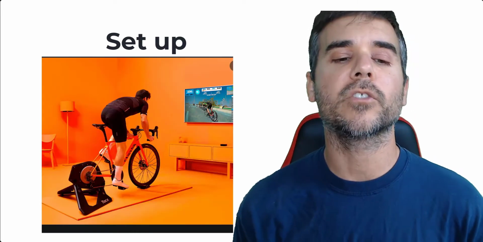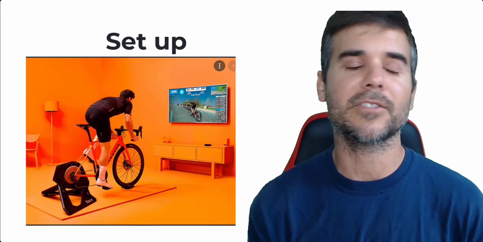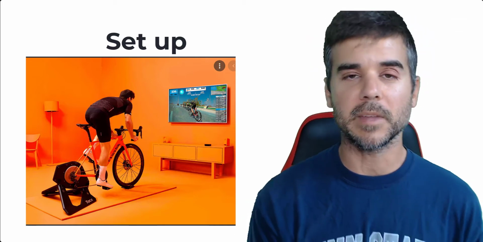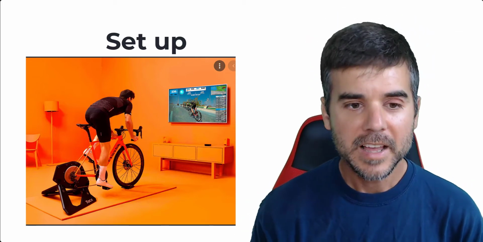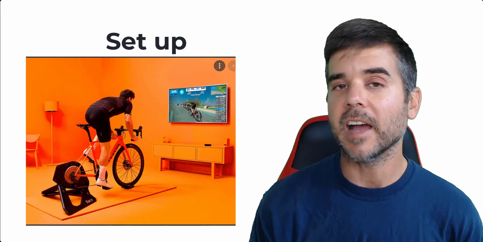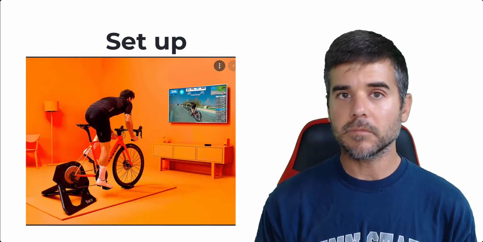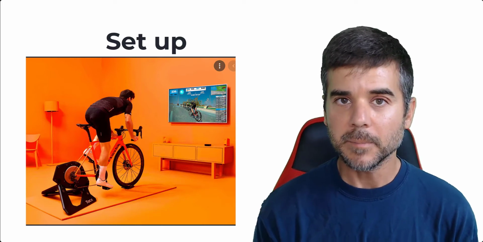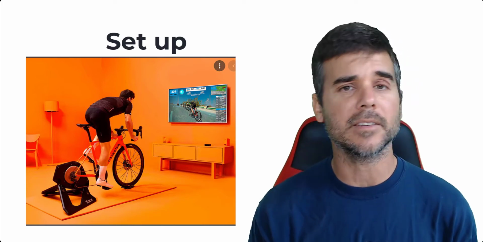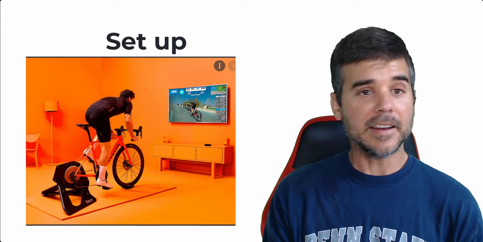Obviously, you can get more expensive. This is from the company's website. This is a Zwift room. They've made it the color of the game, all orange. And it's like the most professional kind of setup you can get. But you can see that it can get pretty sophisticated and people really get into this. It's really big in the cycling and triathlon community. And it is a game.